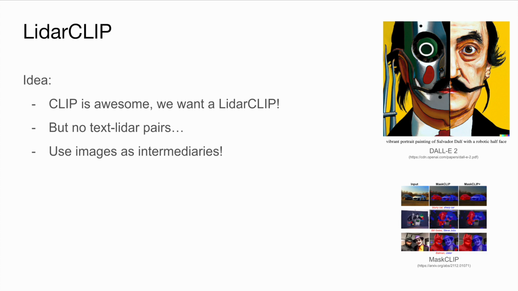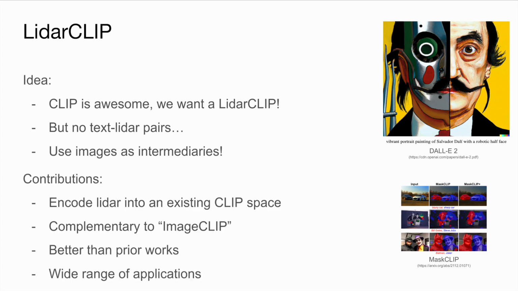However, in the autonomous driving industry, there are huge datasets of image LiDAR pairs, and perhaps we can use images as intermediaries to connect text and LiDAR. This is the core idea behind our work. Our contributions are fourfold. First, we show how to encode LiDAR into an existing CLIP space. Next, we demonstrate that these LiDAR embeddings that we can generate with LidarCLIP are complementary to the vanilla image CLIP encodings. We demonstrate that we outperform prior works on zero-shot classification and retrieval, and